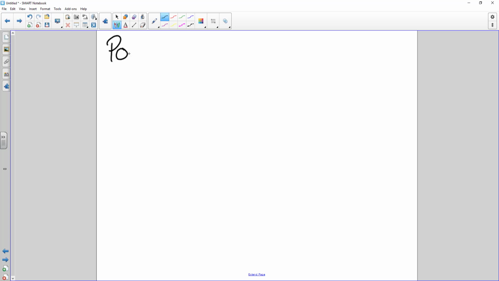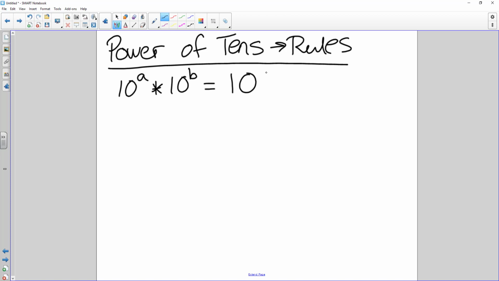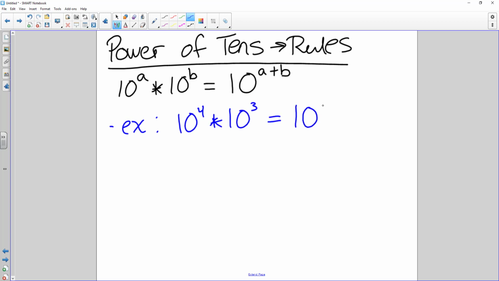So, power of 10 rules. Power of 10 are the rules that go with these. If I have 10 to the a power times 10 to the b power, this is the same as 10 to the a plus b. Okay, so for example, if I have 10 to the 4th times 10 cubed, this is 10 to the 4